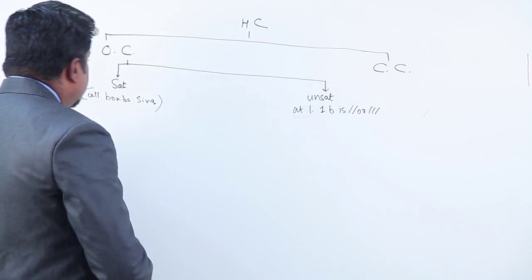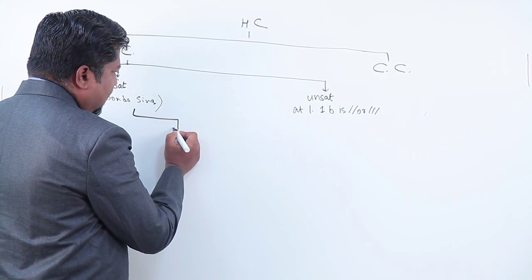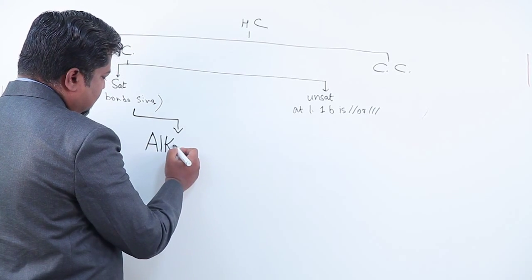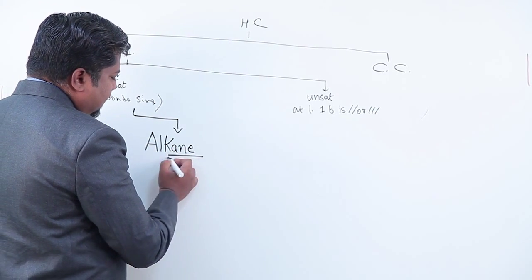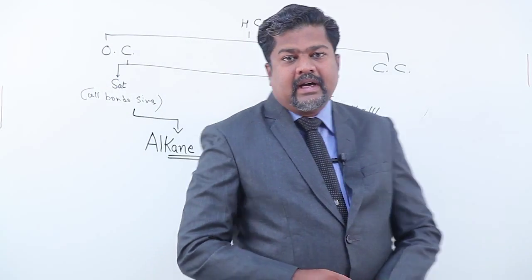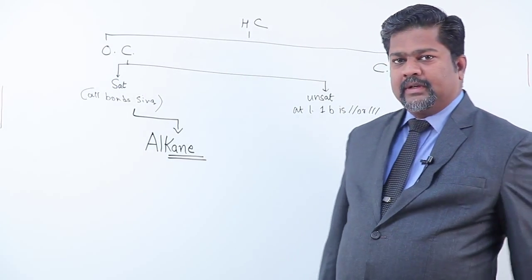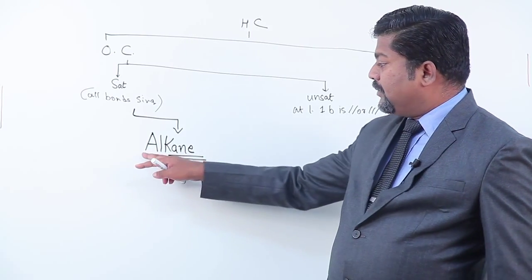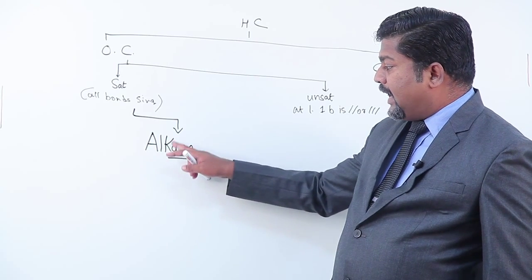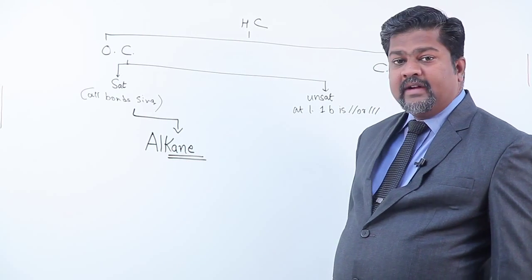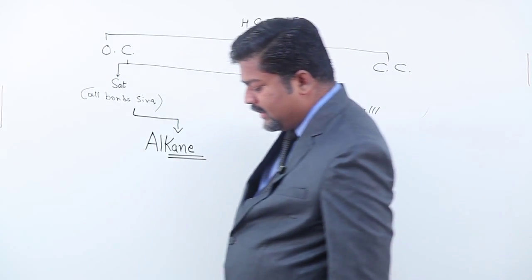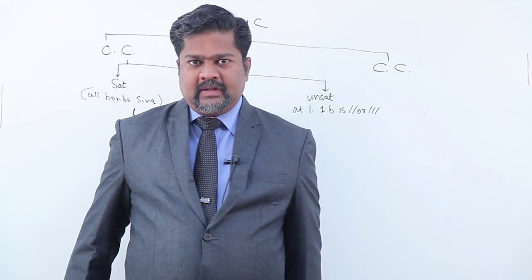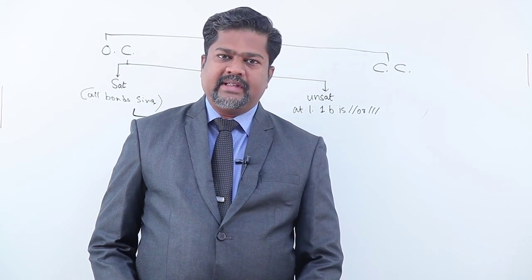Now, in the case of saturated compounds, we have only one variety. Here I am showing. This is called alkane. See, this is called alkane. Now, in the case of nomenclature, this ANE is important over here. So I am writing here ANE, underlined. It has a general formula. Now in order to make it generalized, we are considering certain formulae. On the basis of that we can calculate.